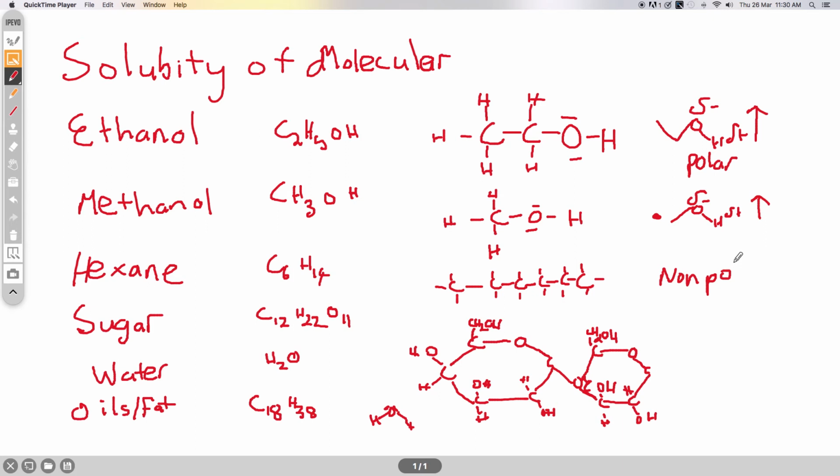Overall, each of the carbons is symmetric and all the dipoles cancel, whereas here the dipoles cancel there, but in this part of the molecule they don't, and that gives it its polar nature. Now sucrose, as you can see, has lots of OH groups around, and these OH groups are all polar. So sucrose is a polar solid. It's a molecule. So all of these are molecules. This is just a big molecule. That's why it's solid at room temperature. And it gives it its special